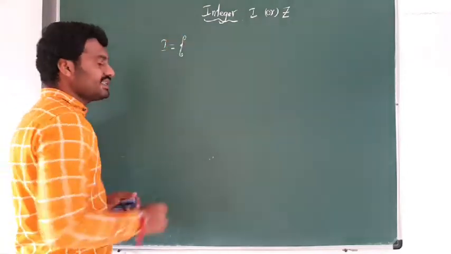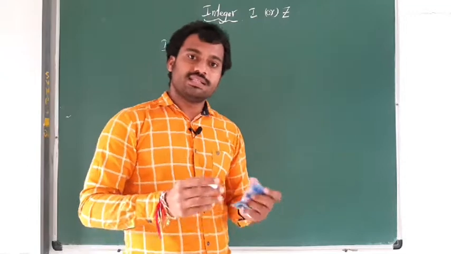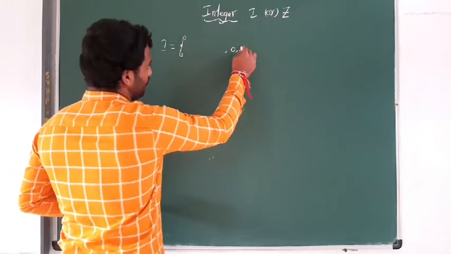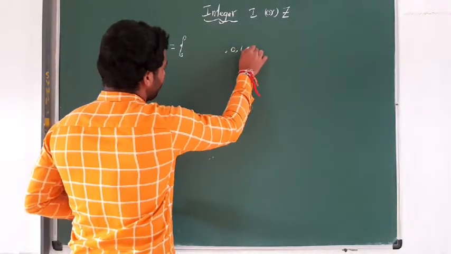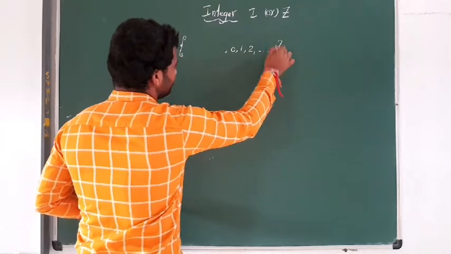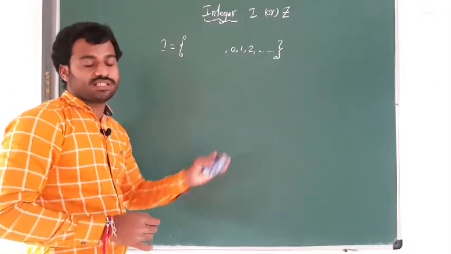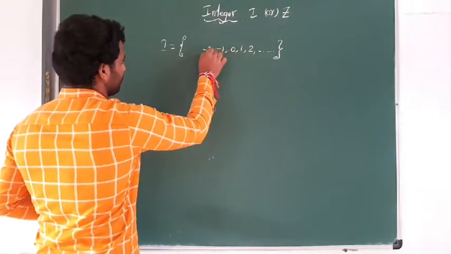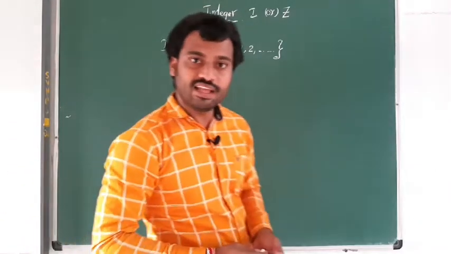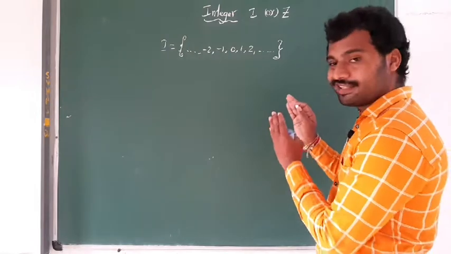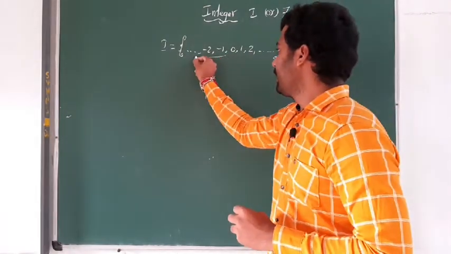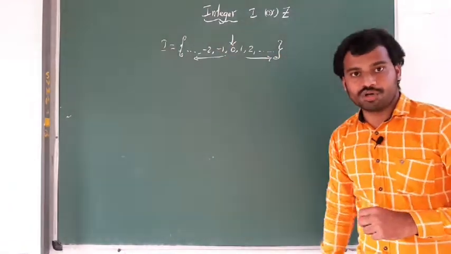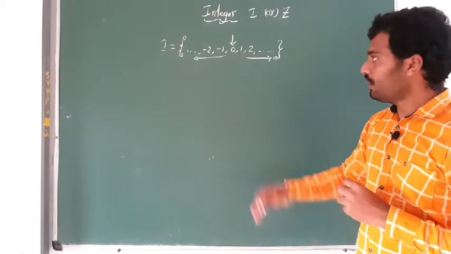Okay. In the integer set, the set consists of whole numbers. You know already, whole numbers start from 0, 1, 2, 3 and so on. But some more numbers also will be in the integers. Those numbers are nothing but negative numbers, and so on. Clear or not? Integers consist of three types of numbers, mainly negative numbers and positive numbers. 0 is neither positive nor negative. Clear or not?